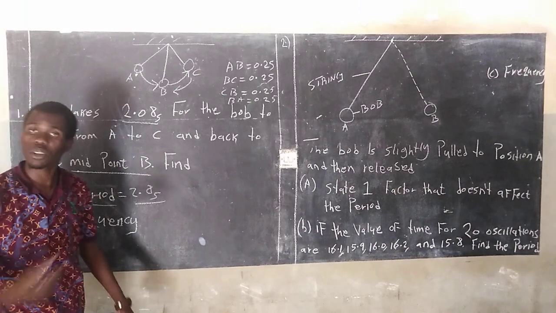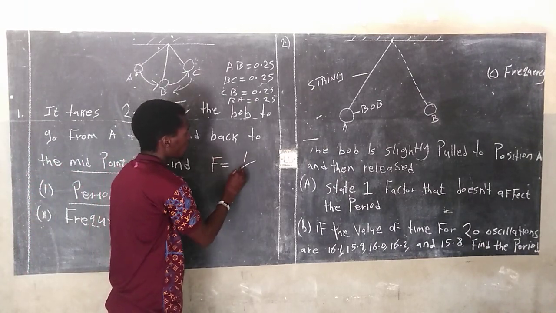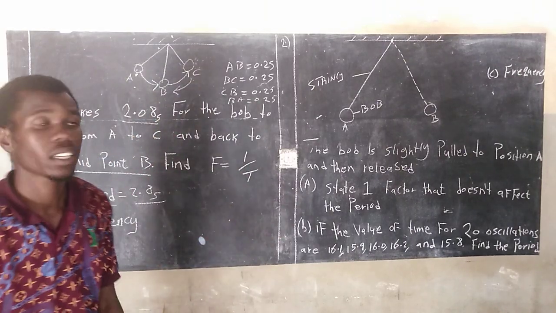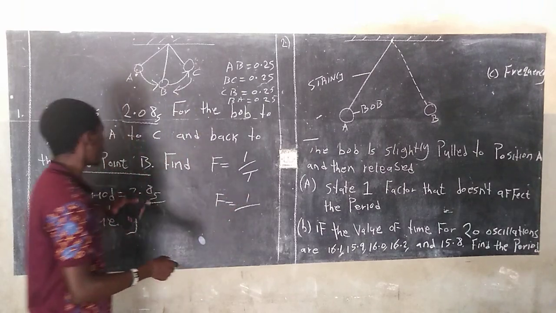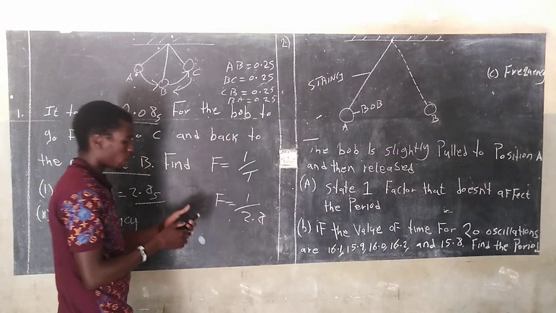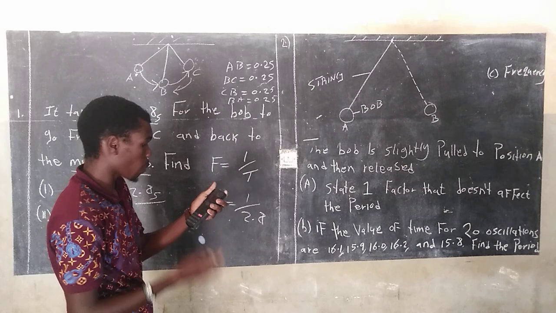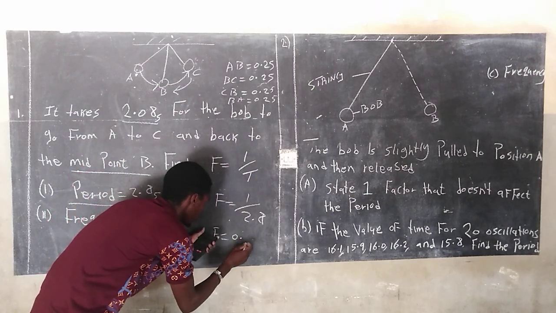The question is saying find the frequency. Frequency is equal to 1 over capital letter T, which is the period. Here we found 2.8. So if you compute 1 divided by 2.8, I'm going to come up with my frequency is equal to 0.4